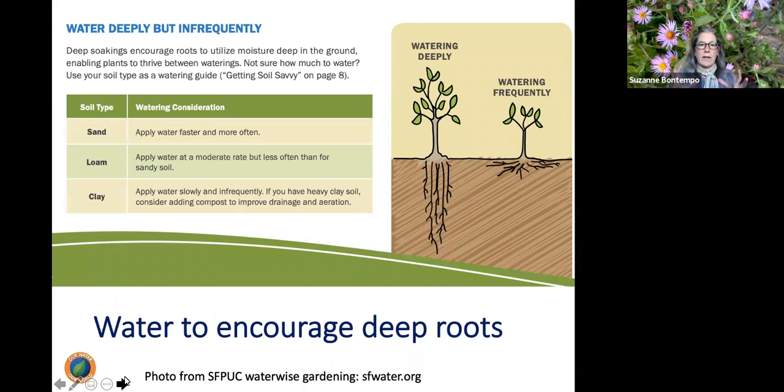It's going to get a little challenging for us if we have sandy soil, because water is just going to rush right through it. So we might want to water and then stop and water and stop so that we can really make sure water is getting within the root zone. We always want to gauge water to get down about 5 inches, and then it will expand and continue to go a little deeper. Loamy soil or any combination of that is typically not an issue, but clay soil is going to be a little bit of a challenge,